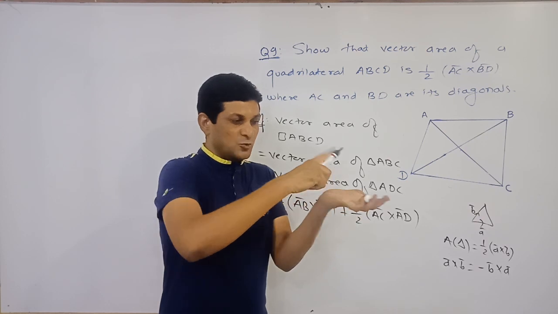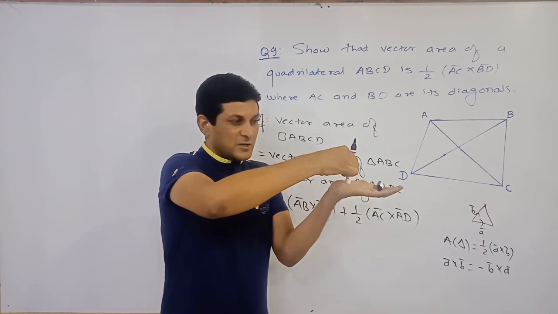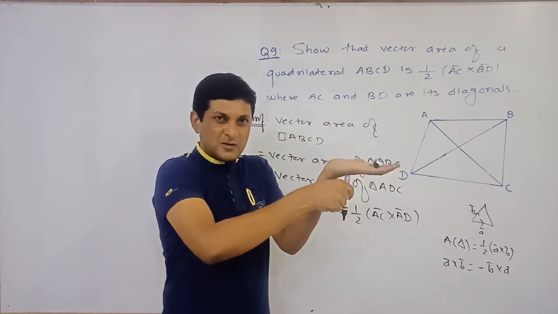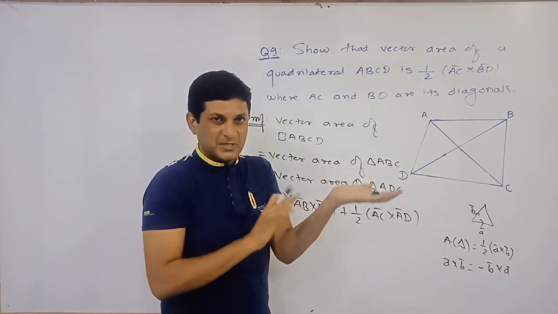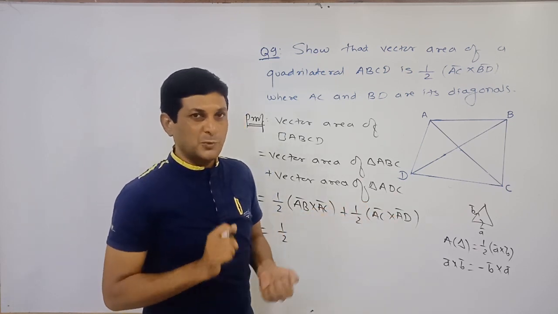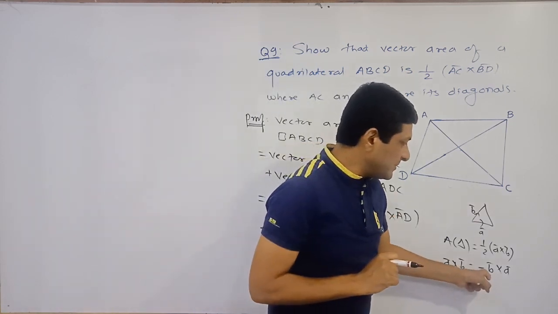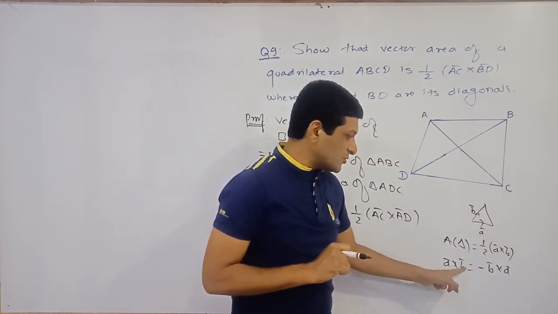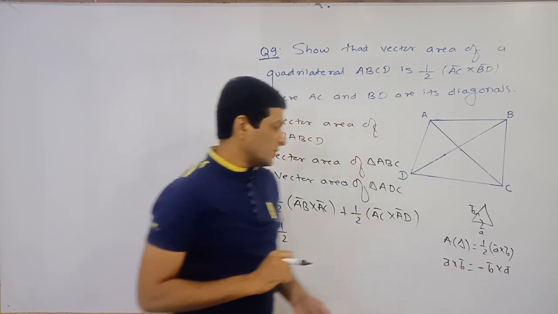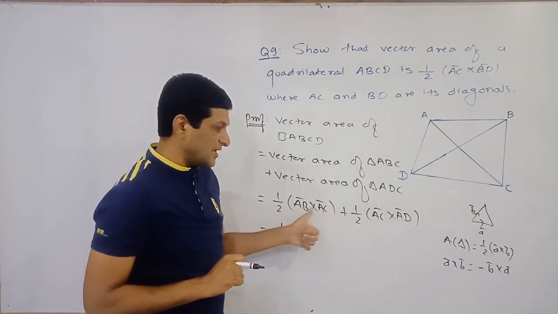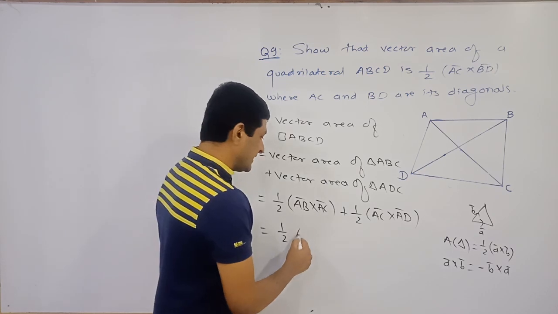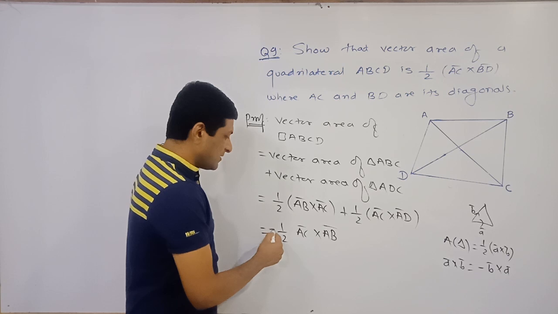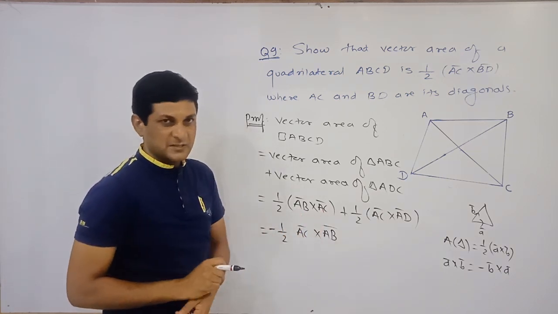If a bar and b bar are two vectors lying in one plane, and a bar cross b bar is in the upward direction, then b bar cross a bar is also perpendicular to this plane, but it is in the downward direction. Getting it? These two vectors are in opposite directions, so that's why it is represented by a minus sign. Simply remember that if we interchange these two vectors, we get a minus. So here also we are interchanging the two vectors in AB bar cross AC bar. If we write it as AC bar cross AB bar, then we have to take a minus, because the directions of these two vectors are opposite.